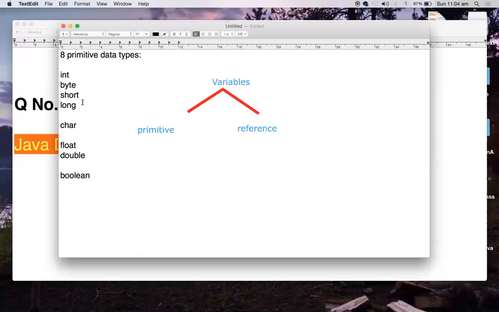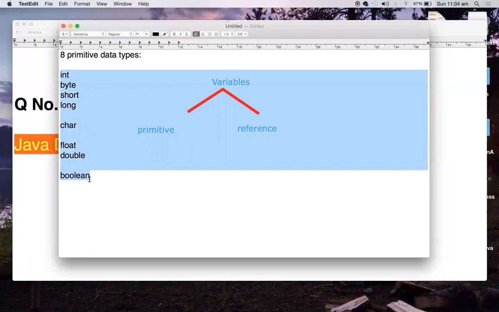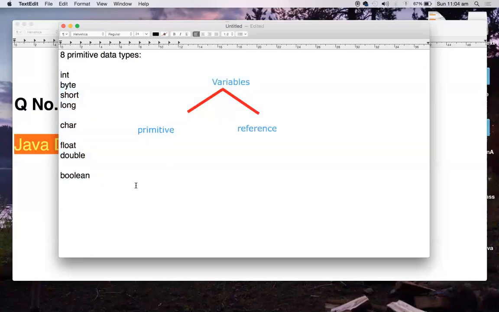Now any variable declared with these types is going to be primitive. As an example, boolean status, which can be true or false. Otherwise double pi, which is 3.14. Float length of some table or some thread or whatever it may be.